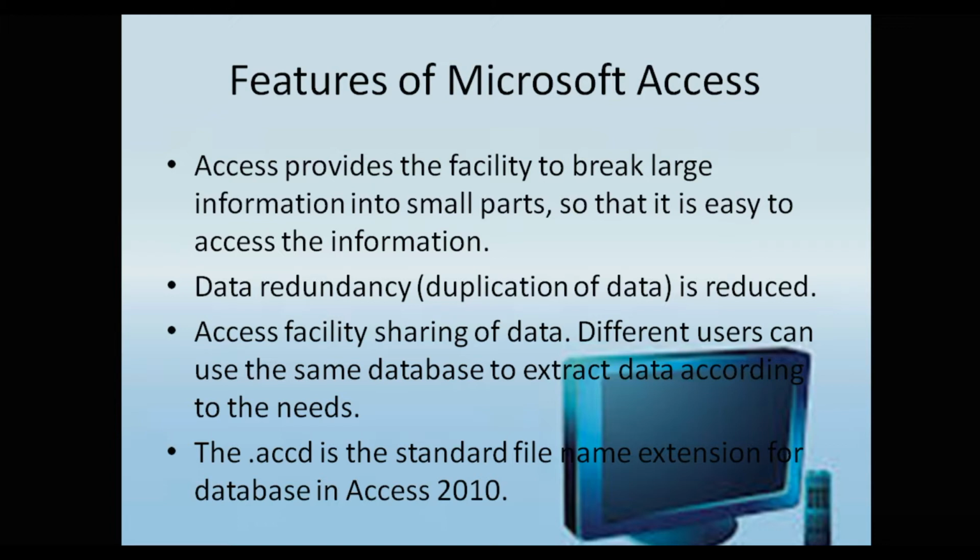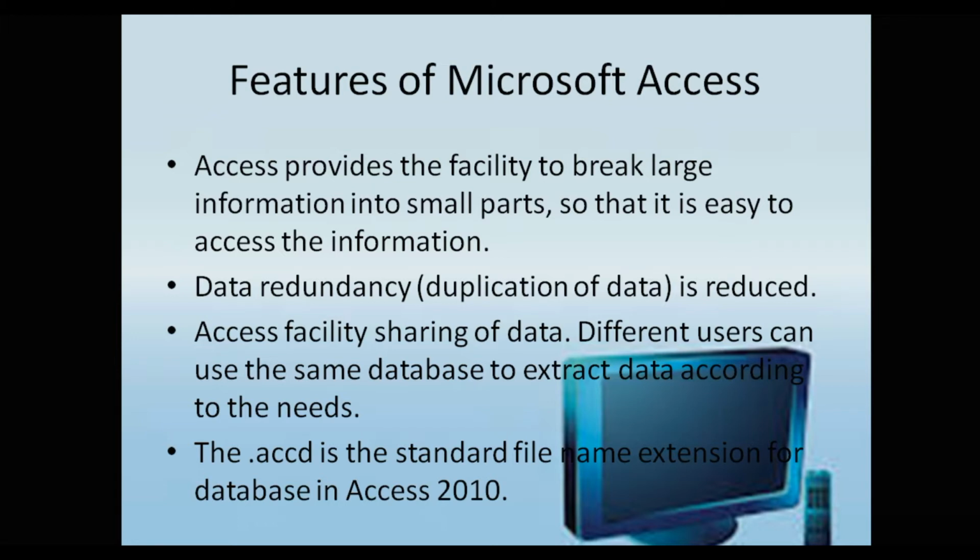First of all, when we are working on Access, it has a different kind of sheets. So we can break it into small parts. When we break it into small parts, we can easily write the things, and duplication of data is reduced. How? If I am writing two names at different places and the name is the same, it will already tell me that I have written this name again, so it will reduce the duplication of data. For example, if I am working in a notebook, I have to check again and again whether I have written this name or not. So this will reduce the time also, so that means it saves our time also.